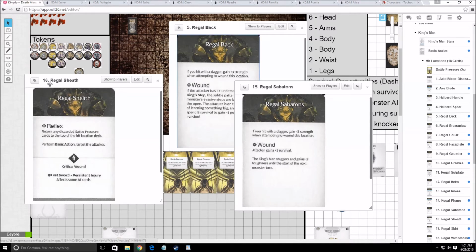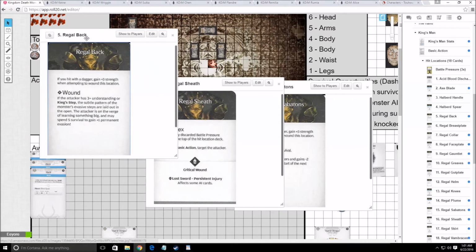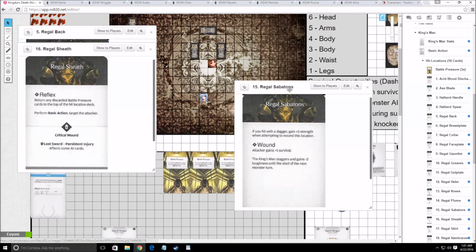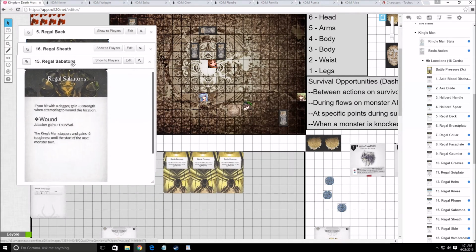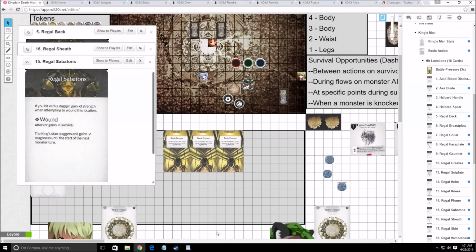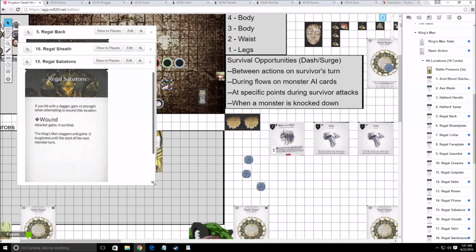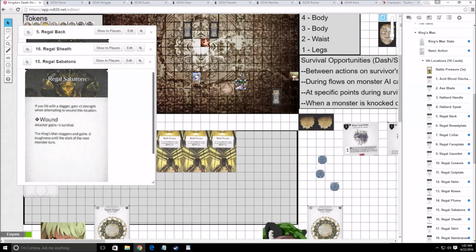Alright, so the wound order we're going to go ahead and do is back, sheath, and Sabatons. So Sabatons on top, then sheath, then back. Okay, so with that information, I'm going to use the leather boots that give me 1 additional step after I finish my actions to step right there. In fact, actually with that knowledge,